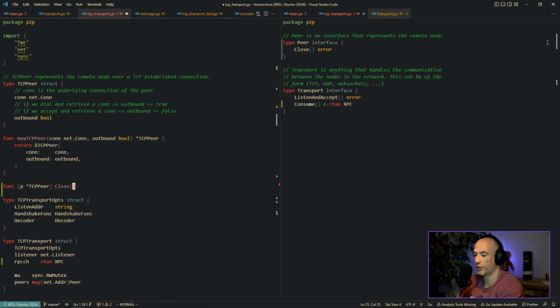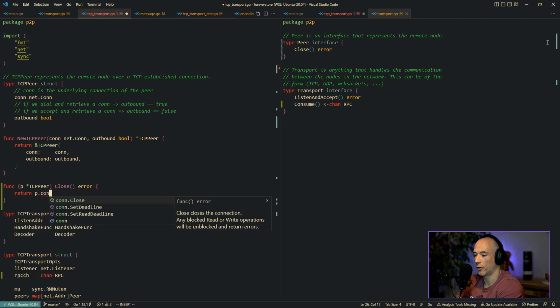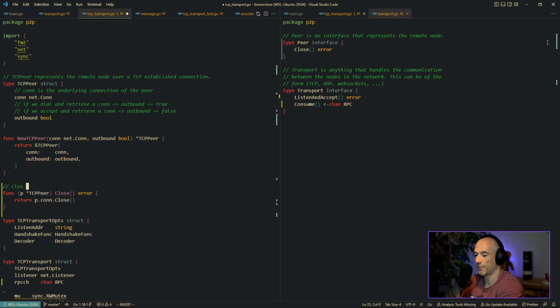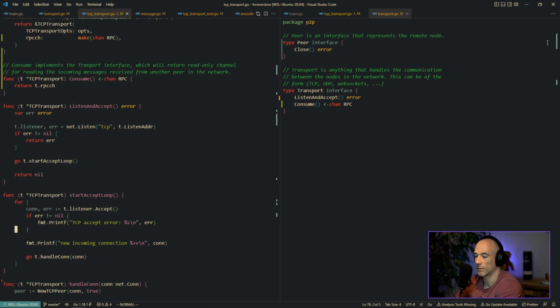We're gonna say close, gonna return an error, and we're just gonna say return p.conn.Close, and then we can say close implements the peer interface, just like that. All right, I think that's good. Let's test that out, right?